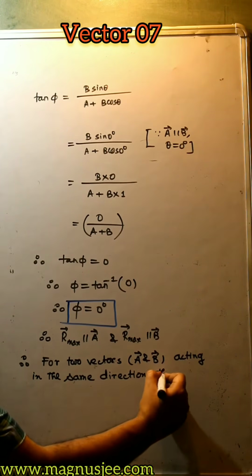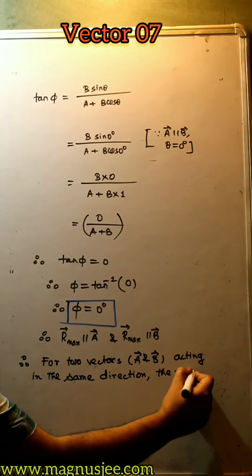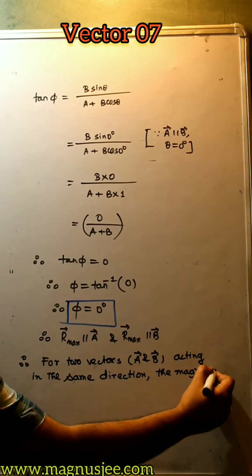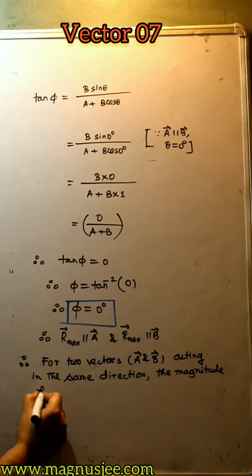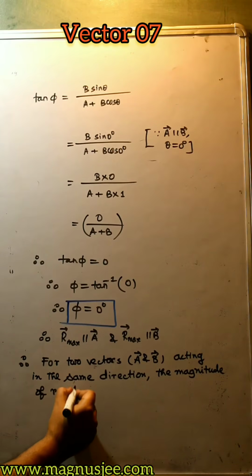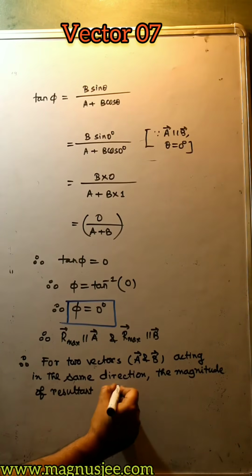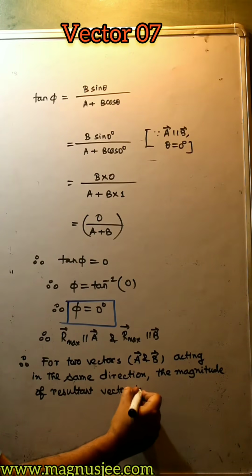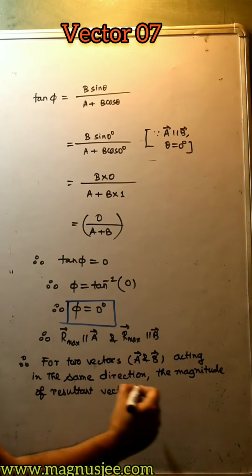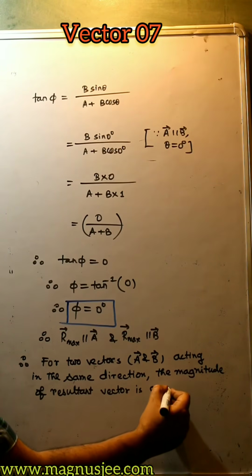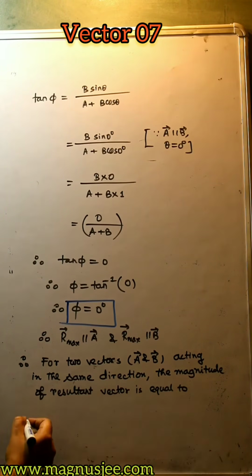Acting in the same direction, the magnitude of the resultant vector will be equal to the sum of